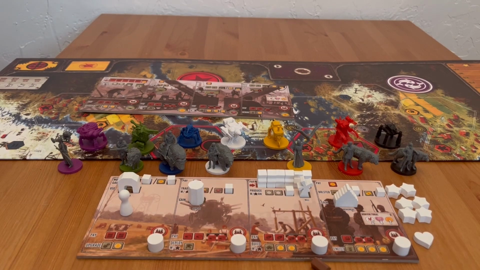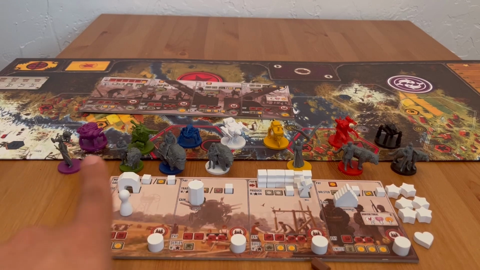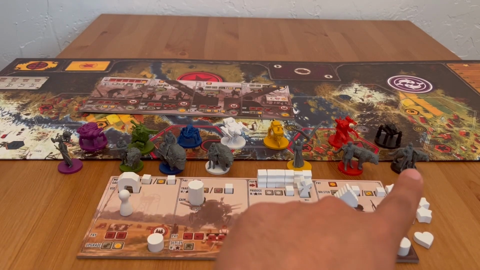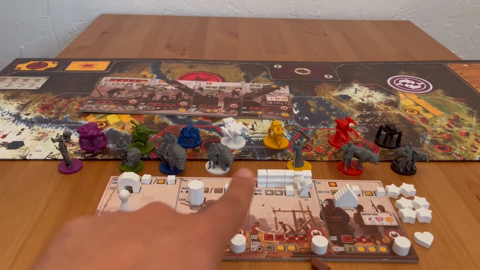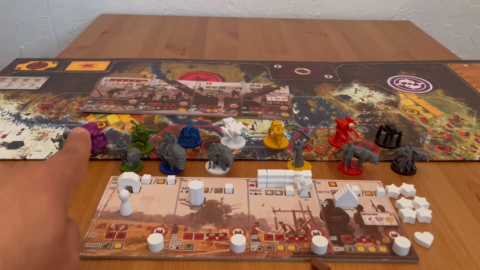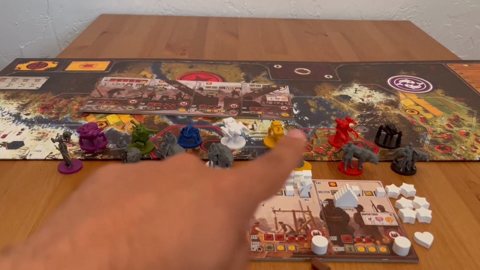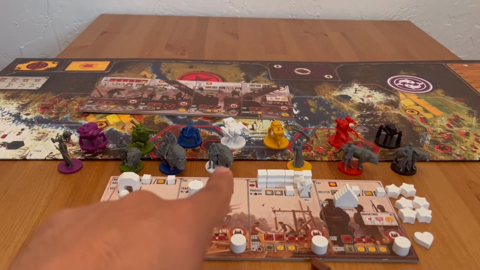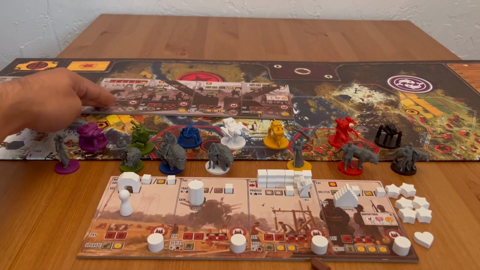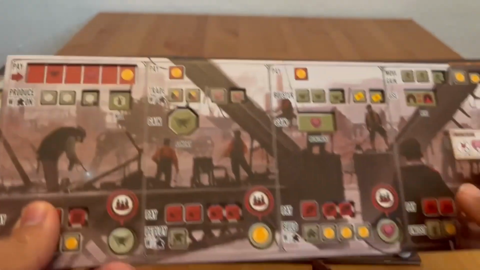But this is what the player board looks like. Those back there are the player tokens, so depending on what faction you get is what you'll get there. Right behind them are the mechs that each of the nations built to fight their war. And then these are some additional